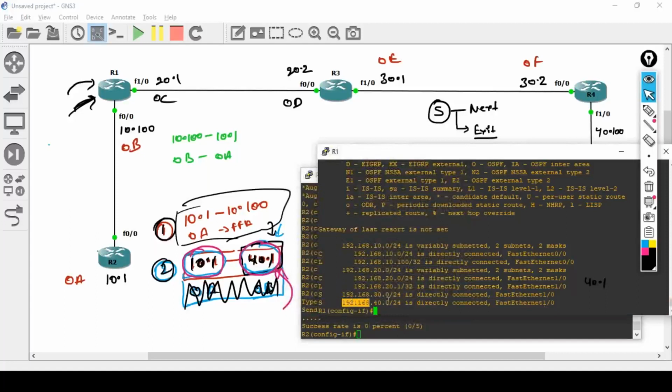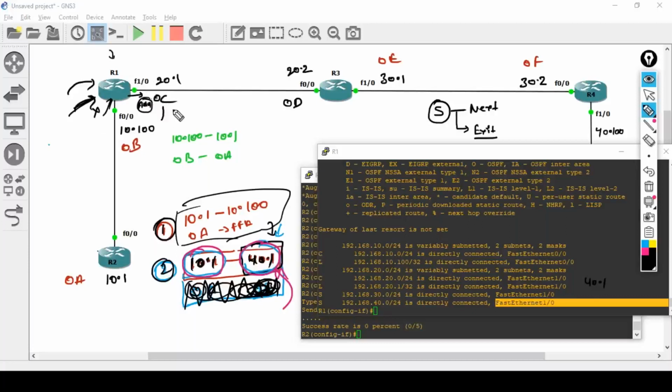Yeah, so I say ip route on R1 30.0, say 255.255.255.0, and the exit interface will be